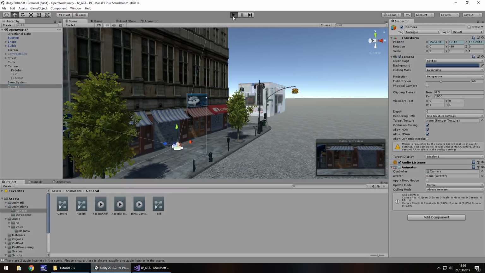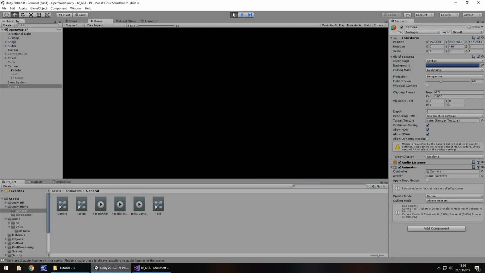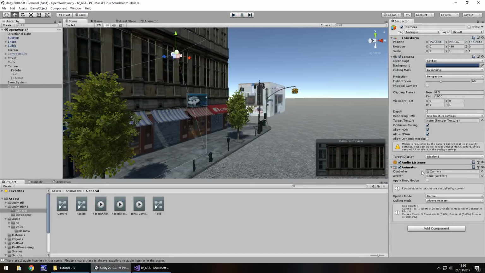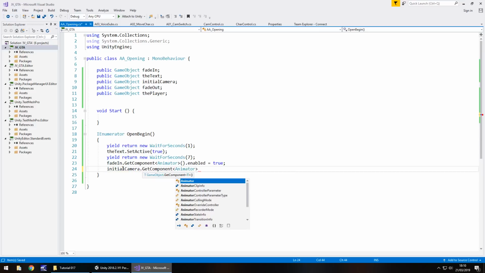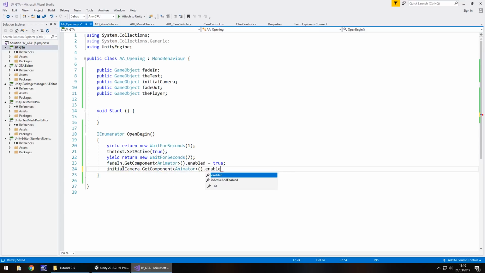So let's just quickly press play, just to run through the motions. So everything should be okay. Just make sure we untick that animator there. I'm going to save the scene. So everything now should be set ready for us to be able to play this as intended. So we've got the fade in animation being enabled after that 7 seconds. And at the same time, I'm going to have initialCamera.GetComponent<Animator>().enabled = true;